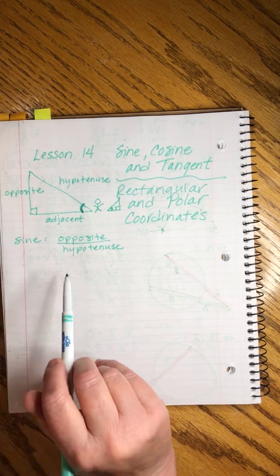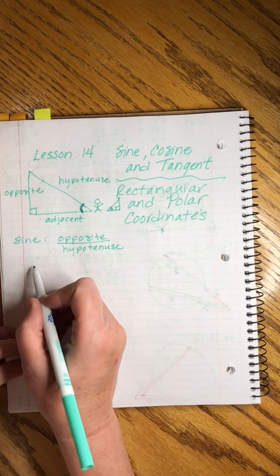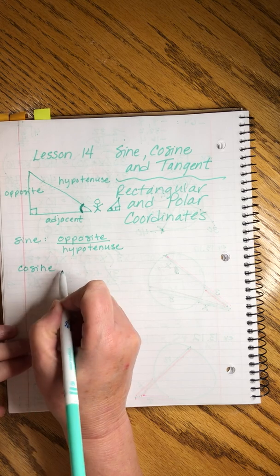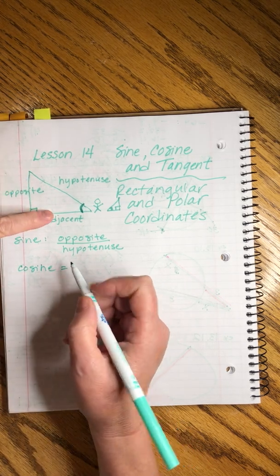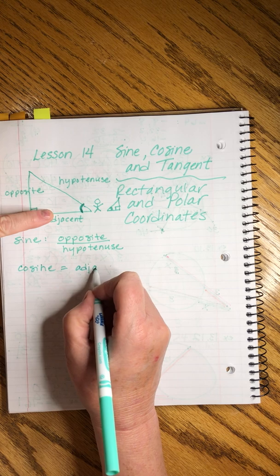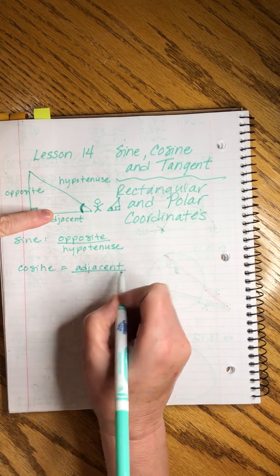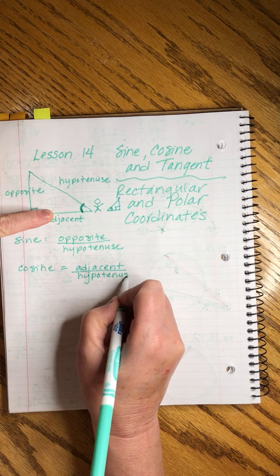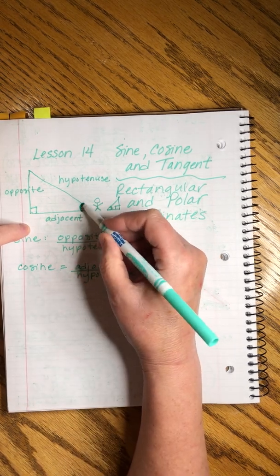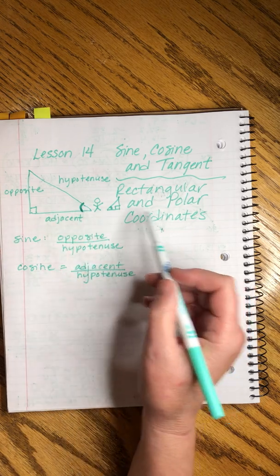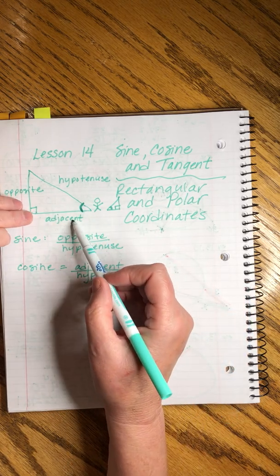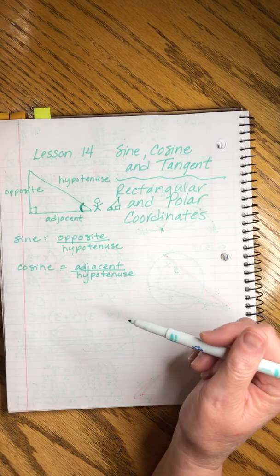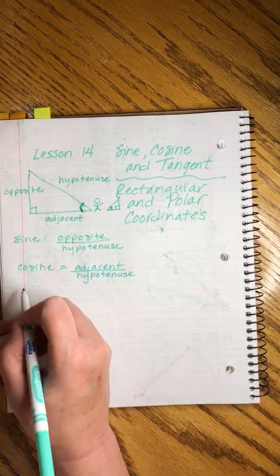Oh my gosh, amazing. Okay, when we talk about cosine, that's a different pair. In that one, we take the adjacent side and put it over the hypotenuse. Again, as long as this angle stays the same, no matter how big or small the triangle is, the adjacent over the hypotenuse will be a certain ratio that, again, is programmed into your calculator. And then tangent,